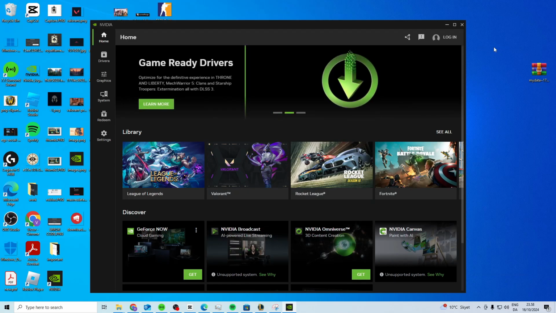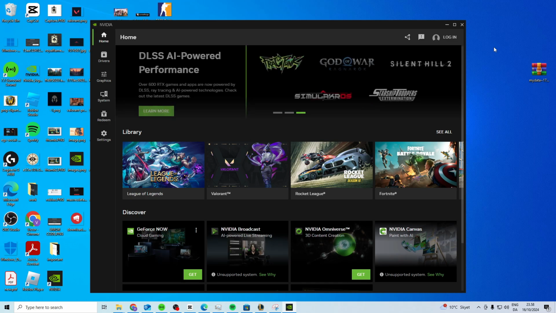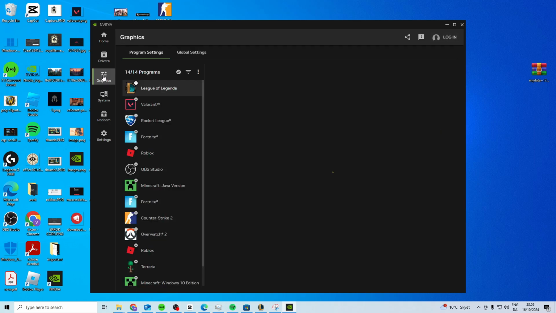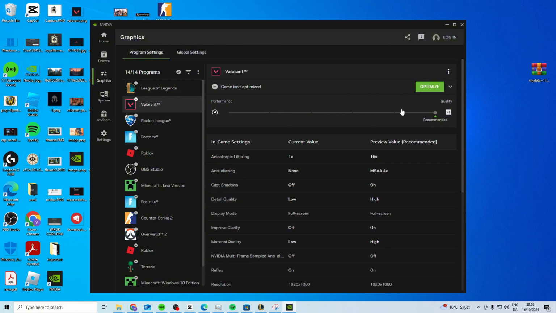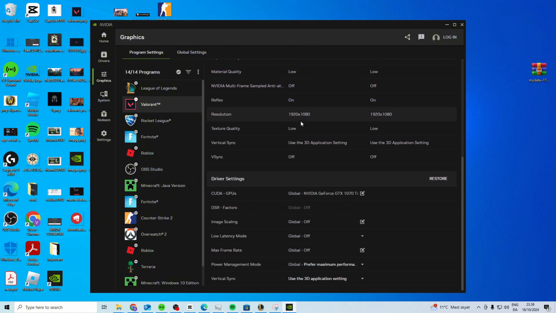In this video, I'll show you the best Nvidia settings for Valorant. Now what you should do is head over here to Graphics, choose Program Settings and select Valorant. Now in here what you can do is you can either go for the one they already made, and I would suggest you go for either the lowest or second lowest if you're having FPS issues. Now this will of course make the game look much worse, but it's going to give you the best FPS possible. Now once you've done that, what you want to do is scroll down and go to